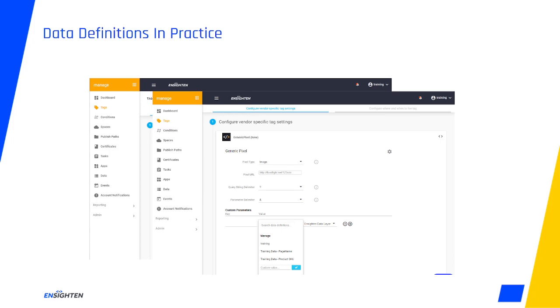One of the huge reasons this is useful is because you may or may not be the only user in your account. Data definition's easiest and most obvious use case is making readily available a piece of data that requires some JavaScript know-how to retrieve. With the data definition set up, any user can now create tags with complex variable requirements regardless of their individual